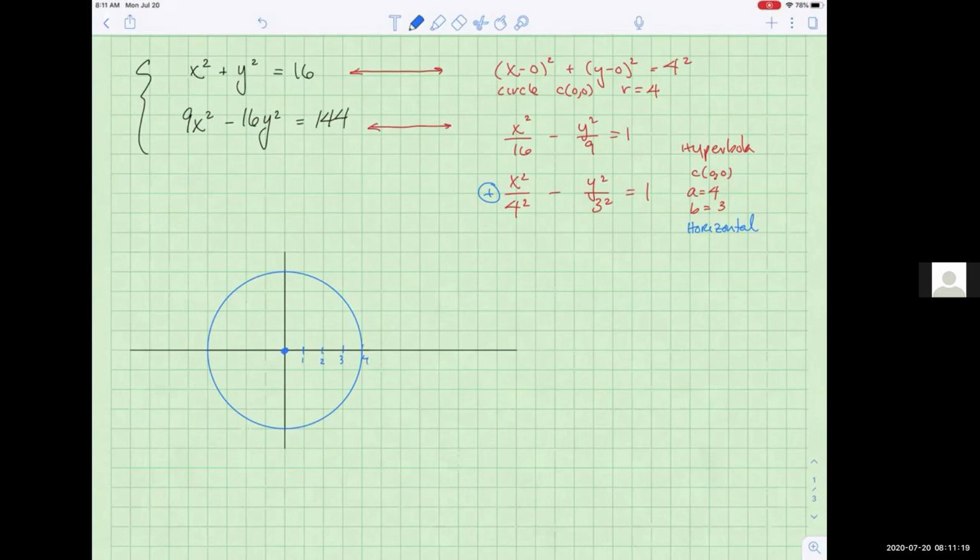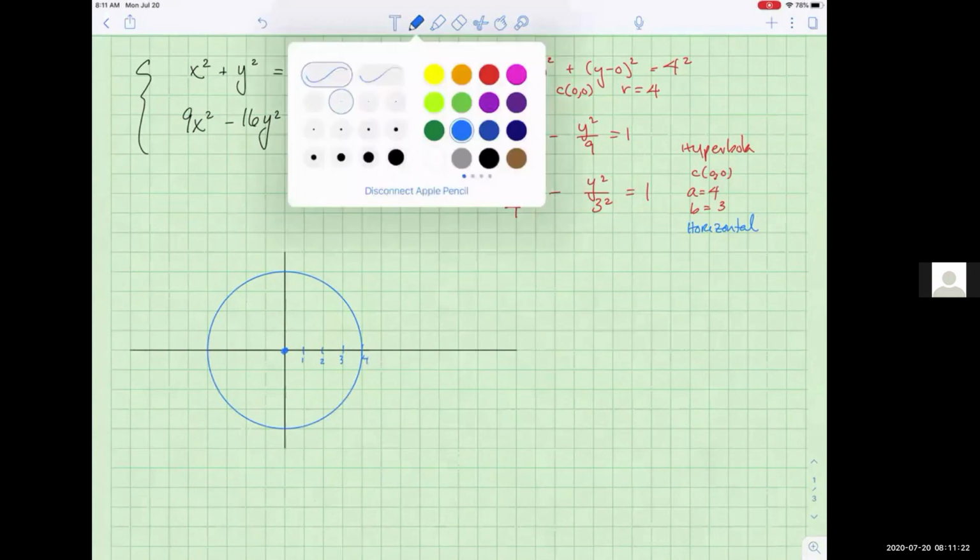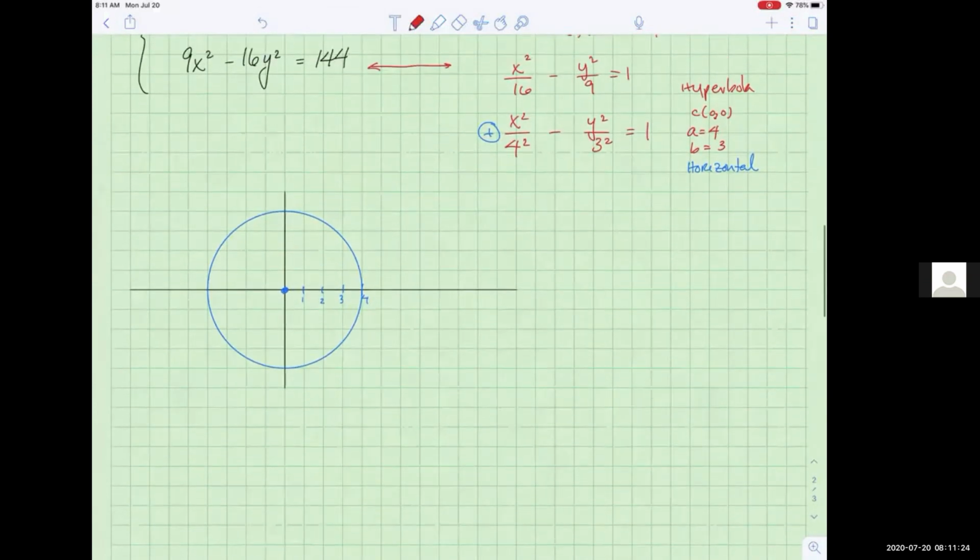As far as our hyperbola is concerned, it goes out from the center 4 in the x direction, in both directions. It goes up 3 in the y direction. And that's enough for us to draw our bounding curve, or our box, excuse me, our construction box. So a little bit of review on graphing hyperbolas. We then get our